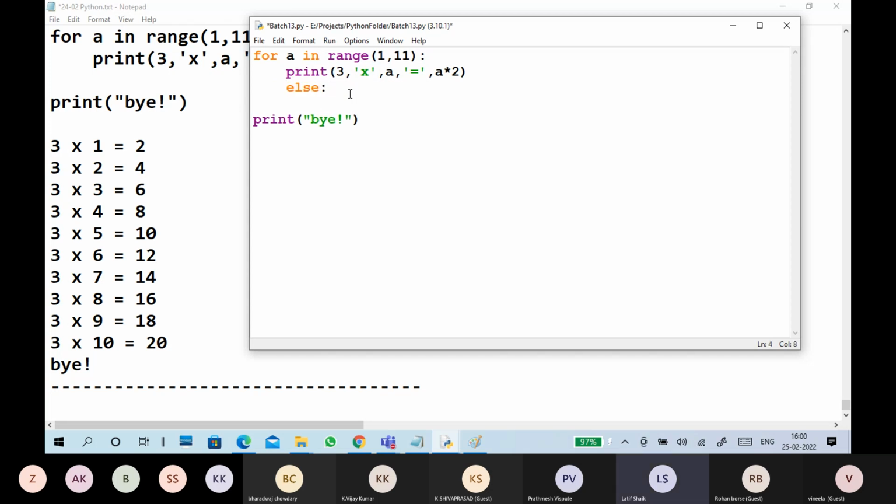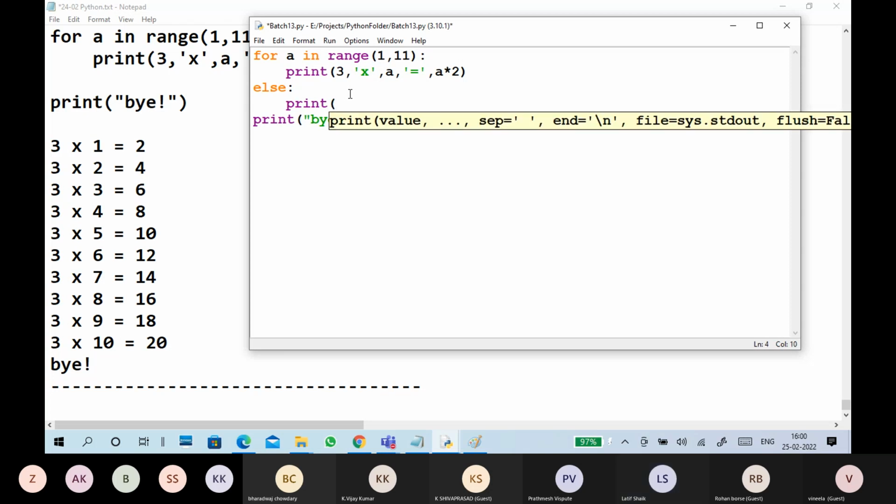Generally the else part goes down, else print third table.